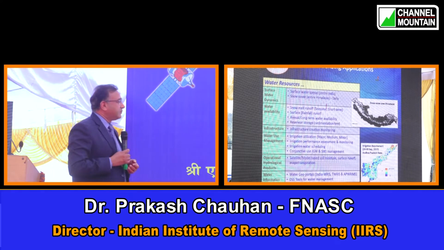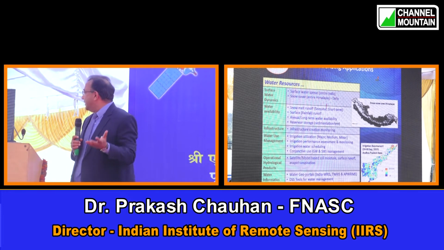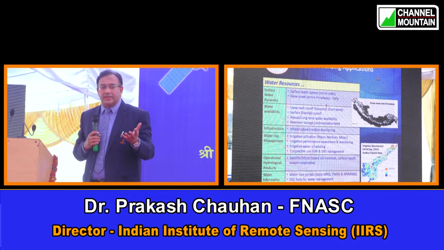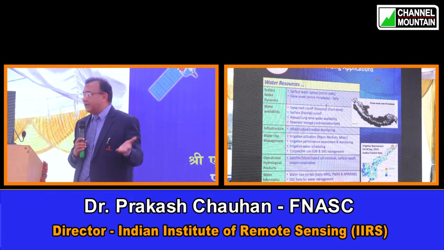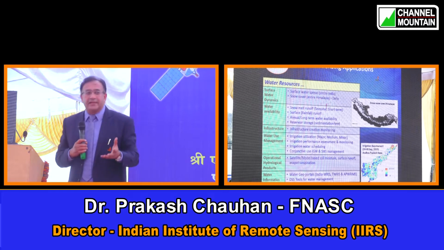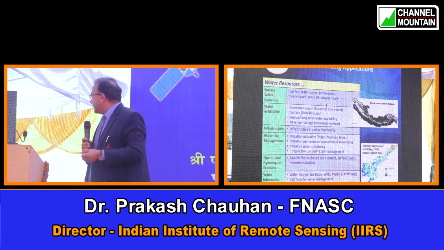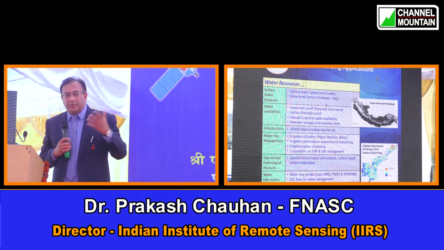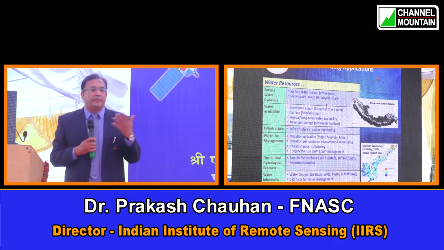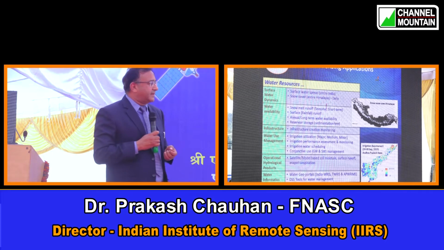Next slide. So using these types of satellite data sets, if we talk about water resources, we can get information about surface water dynamics, and we can get information about water availability by studying the snowmelt runoff from the Himalayan systems, by measuring the surface runoff, by making measurements of annual and long-term water availability, as well as the amount of reservoir storage we have in these regions. Then, of course, there are activities like infrastructure, water use management, operational hydrological projects, and water informatics. So all information about water can be derived from these geospatial data sets. Next slide, please.